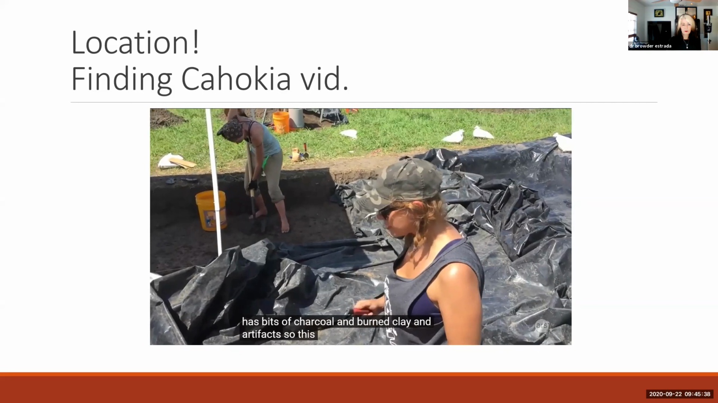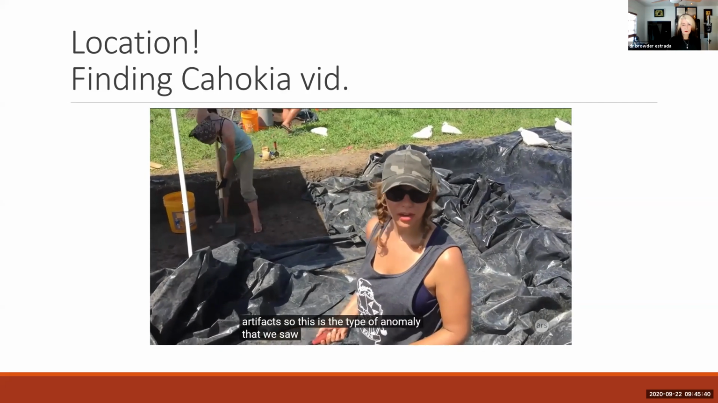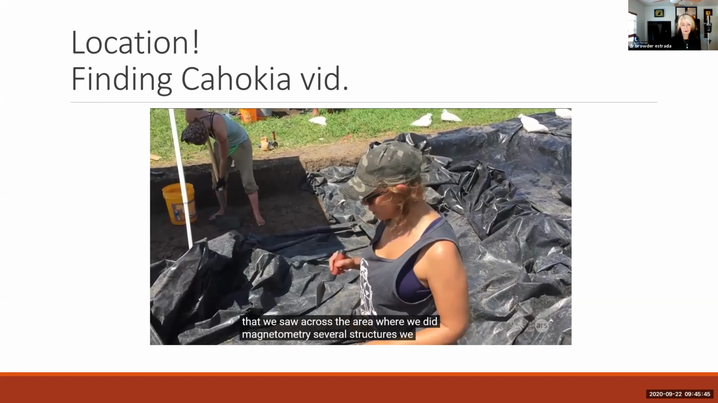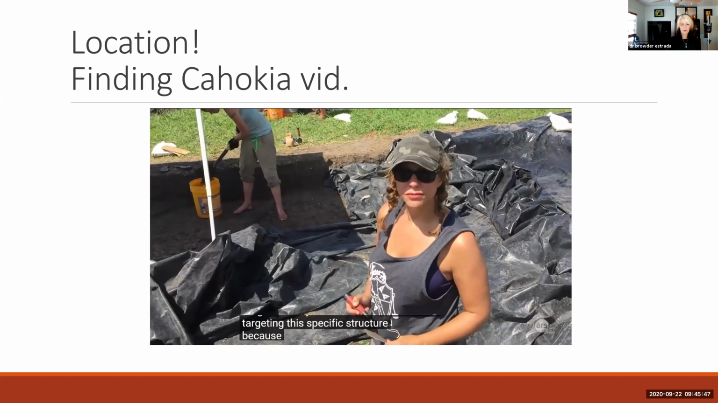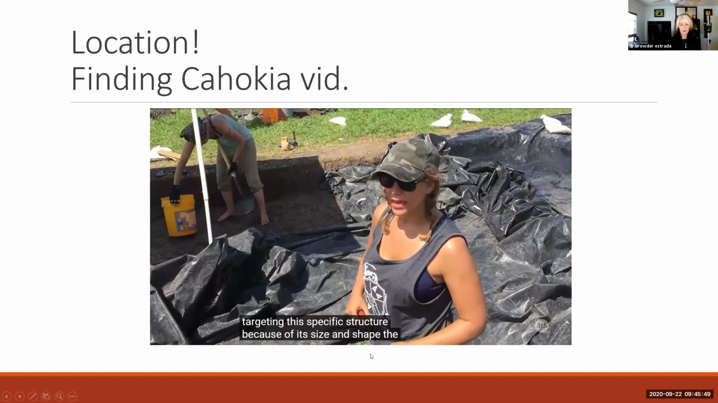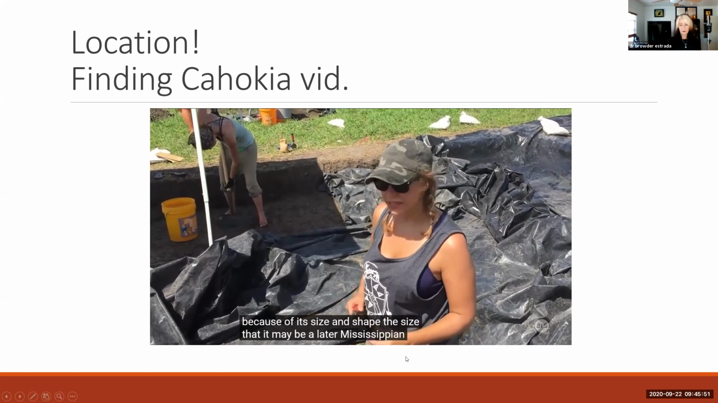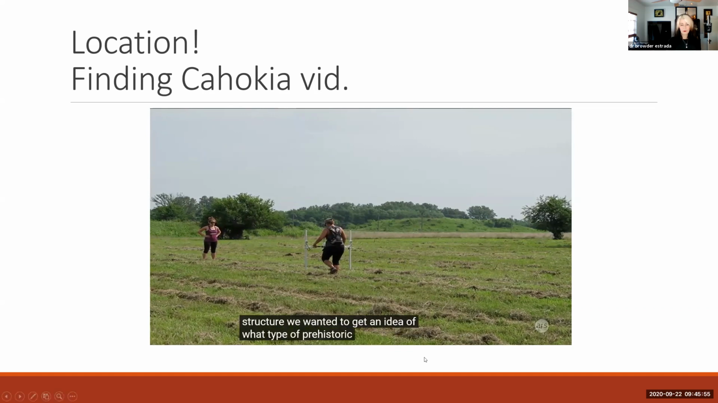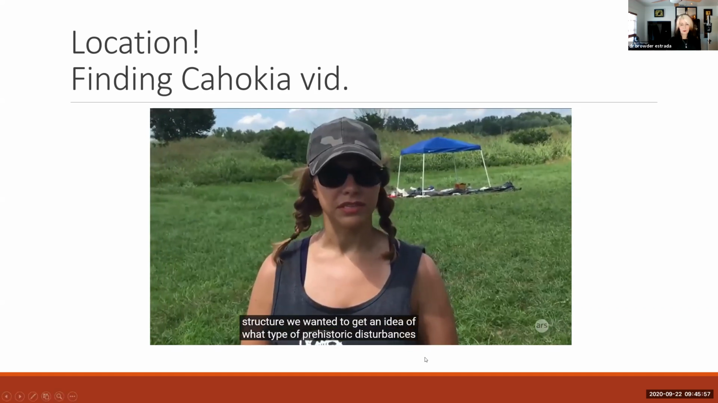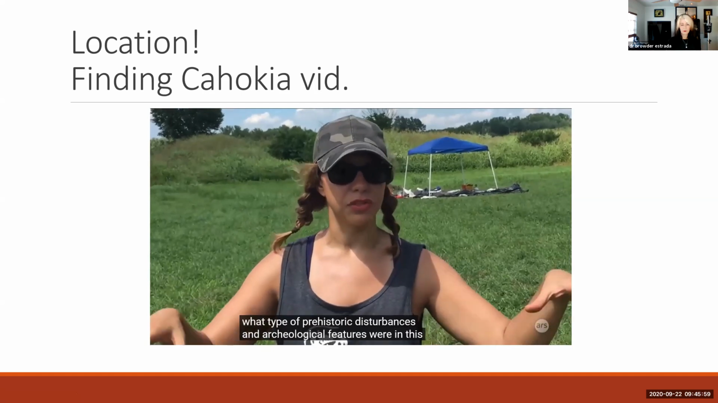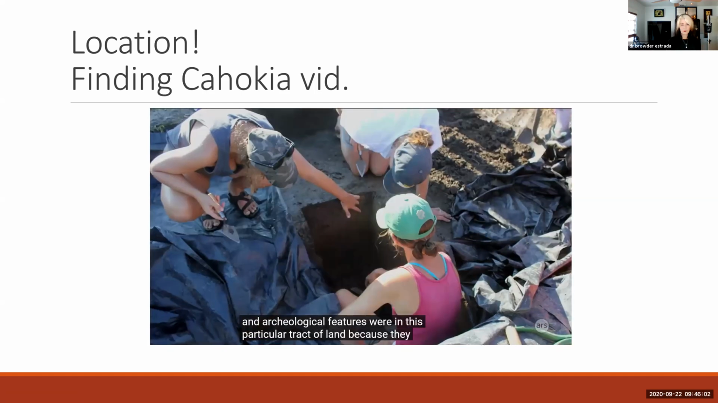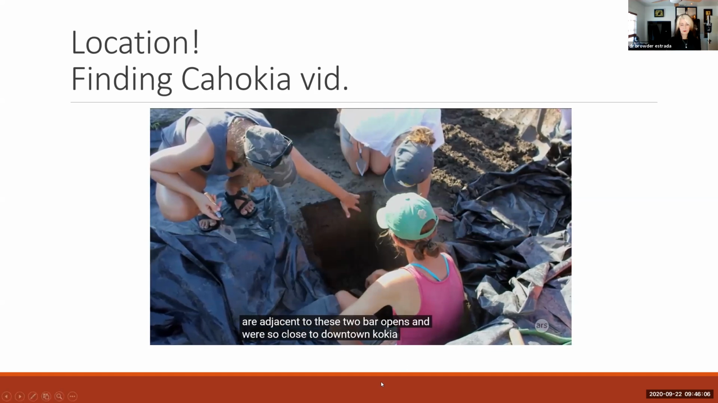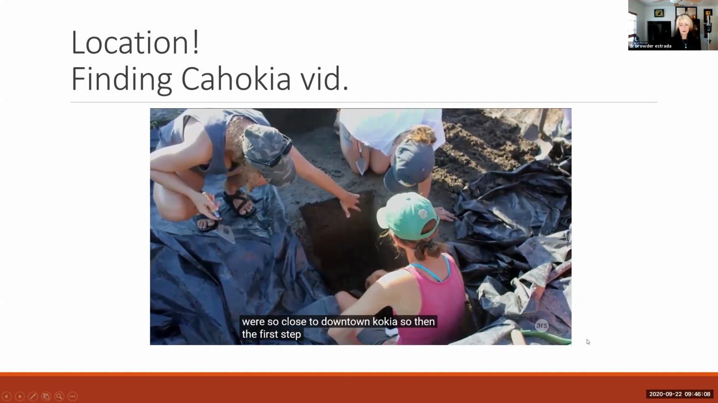So this is the type of anomaly that we saw across the area where we did magnetometry, several structures. We were targeting this specific structure because of its size and shape. We hypothesized that it may be a later Mississippian structure. We wanted to get an idea of what type of prehistoric disturbances and archaeological features were in this particular tract of land, because they are adjacent to these 2 borrow pits and we're so close to downtown Cahokia. So then the first step in doing that,